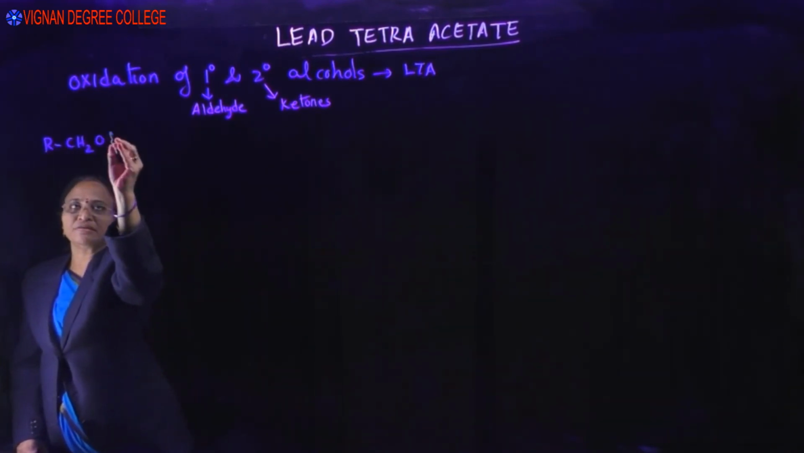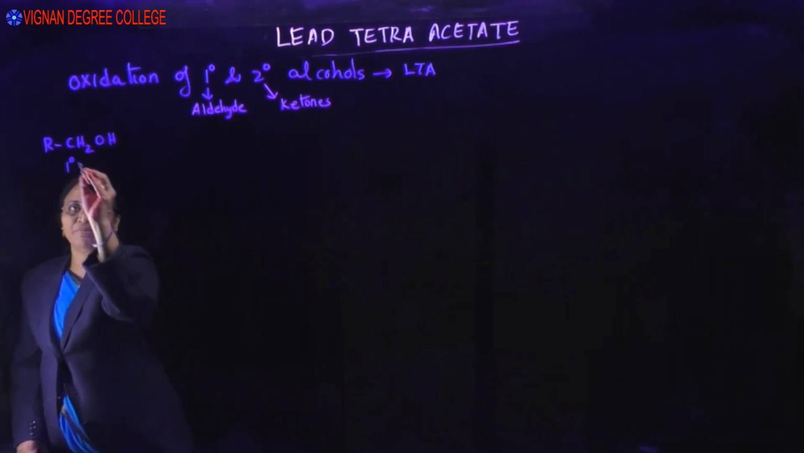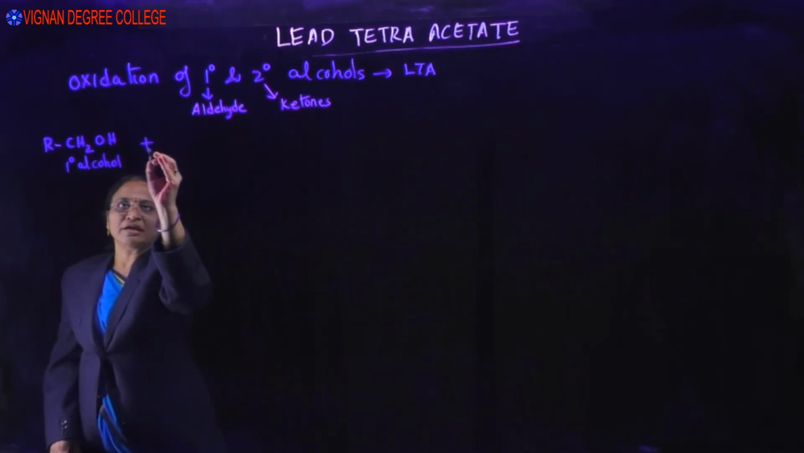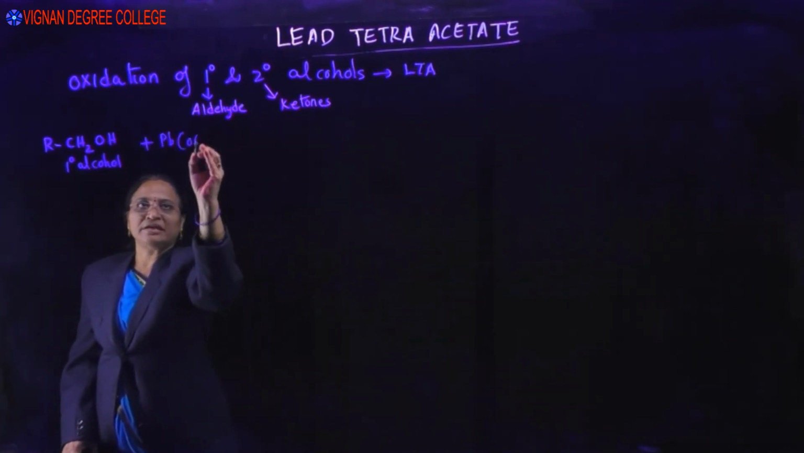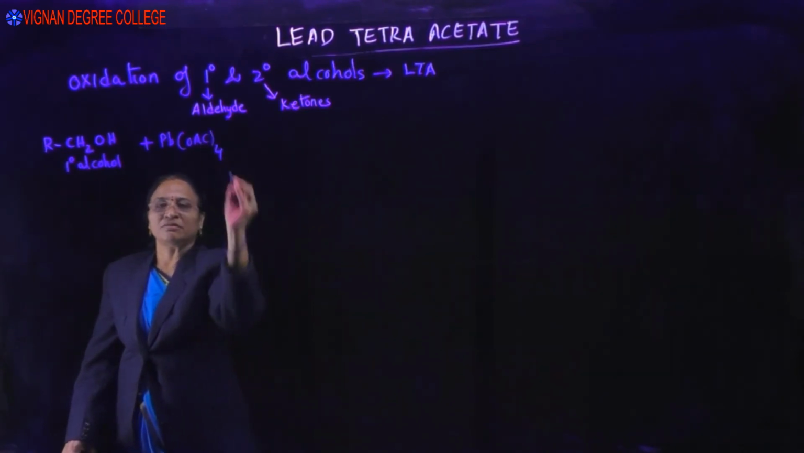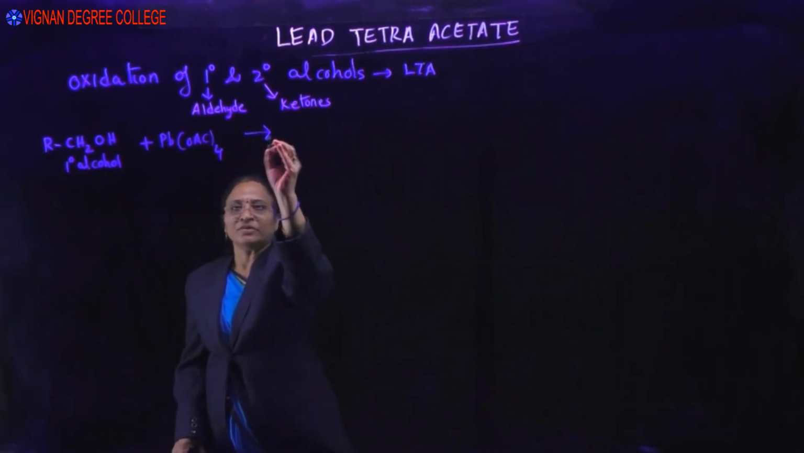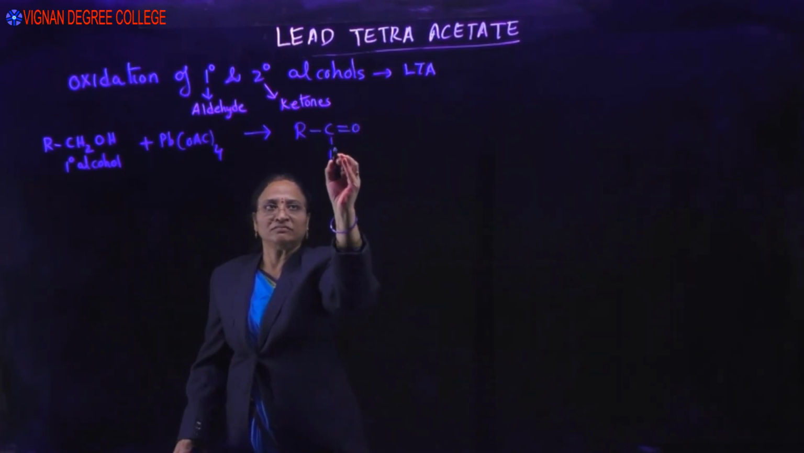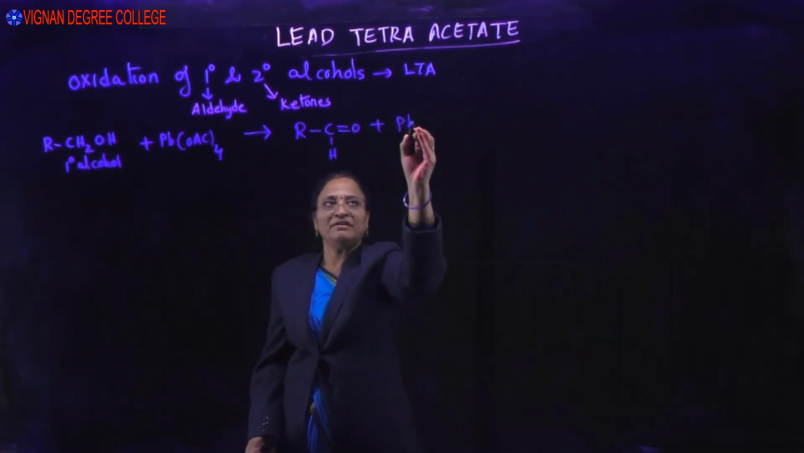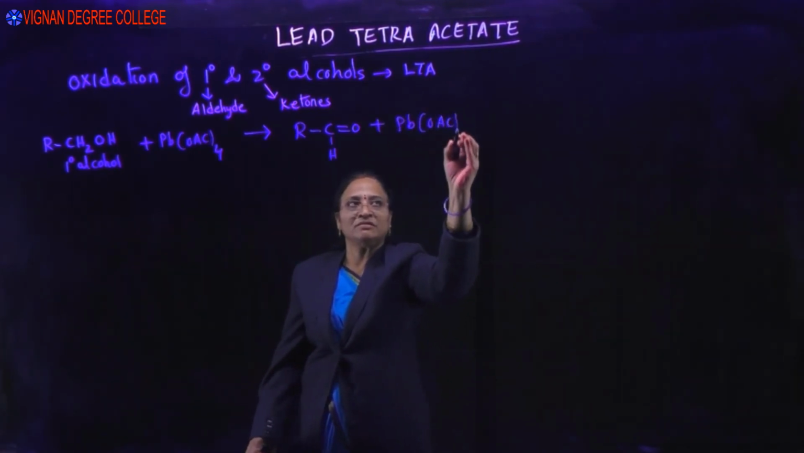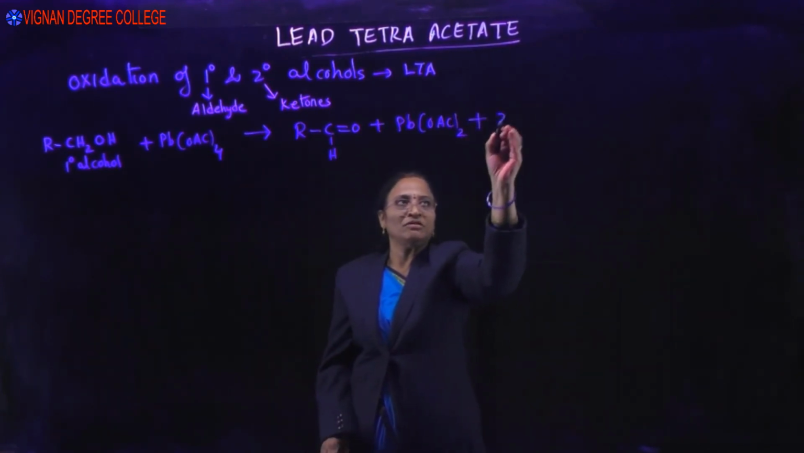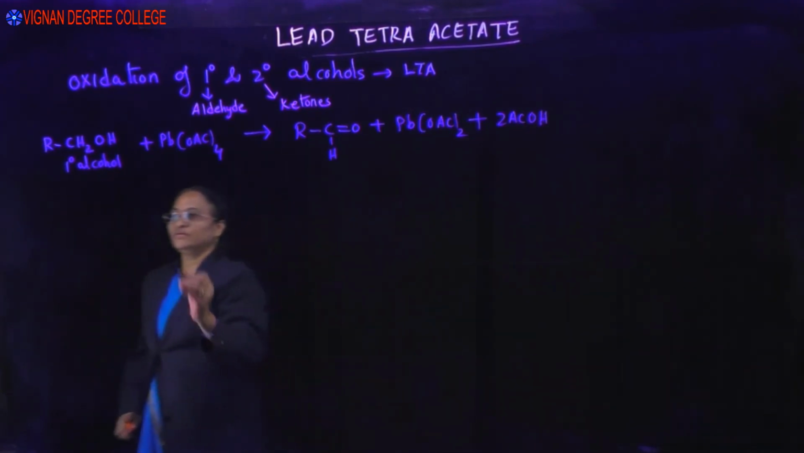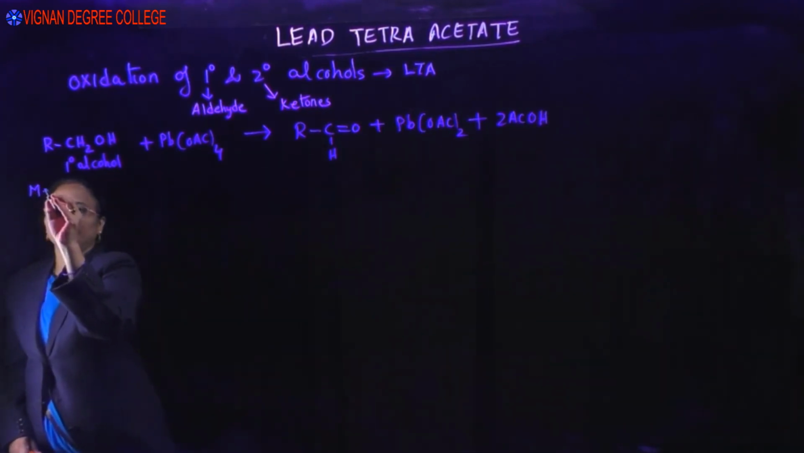If I take this, this is an example of a primary alcohol. So primary alcohol on reaction with lead tetraacetate undergoes oxidation to give an aldehyde with the formation of lead diacetate and elimination of 2 molecules of acetic acid. So if you see the mechanism of the reaction,